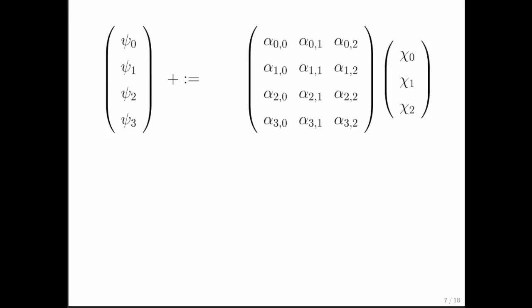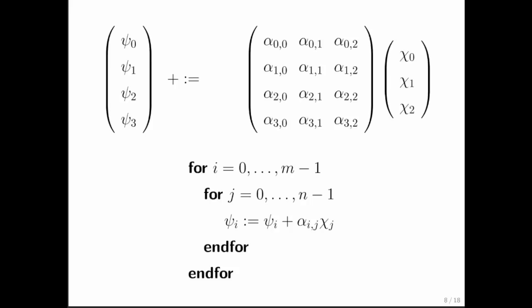Now let's look at an algorithm for computing y equals A times x. Well, what we're actually going to do is something slightly different. We have vector y, we have matrix A, and we have vector x. And what we're actually doing is adding the result of doing the matrix times the vector multiply to the vector y. Now the reason for that is that the algorithm is going to be a little bit cleaner. So let's have a look.